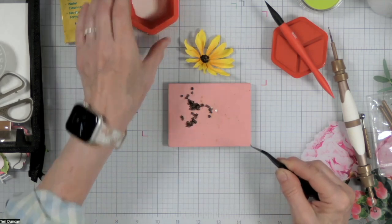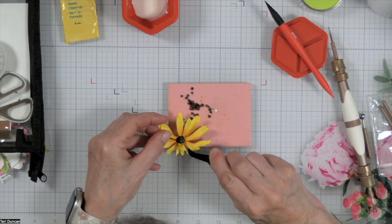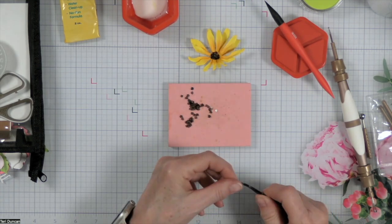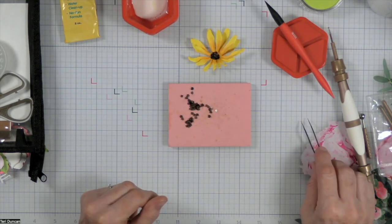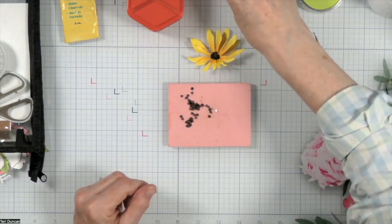Get a little bit on the back. I got quite a bit on the back. And then just add it to the flower. So there are two of the tools within the kit. Now there are